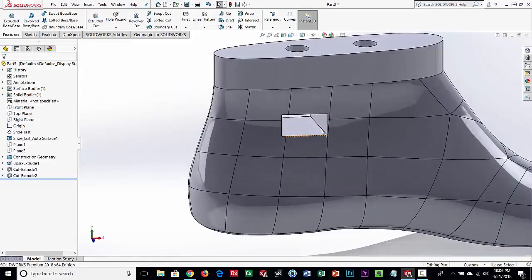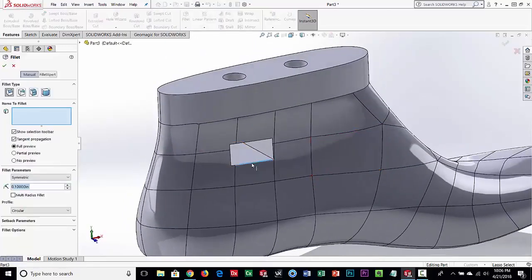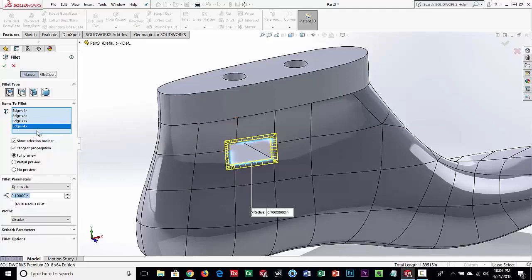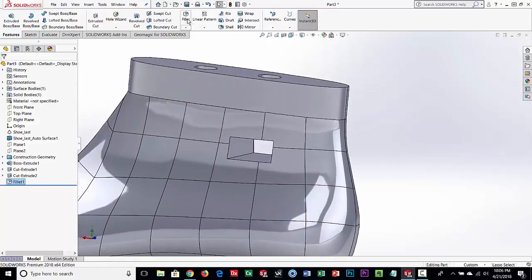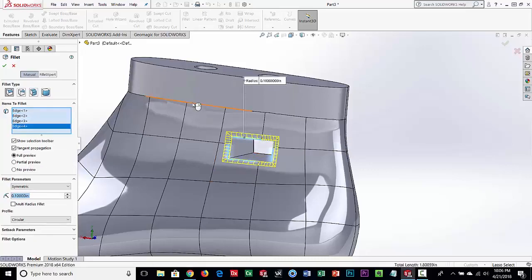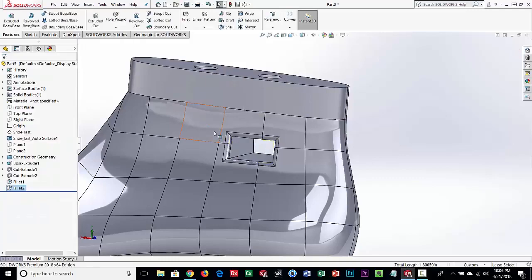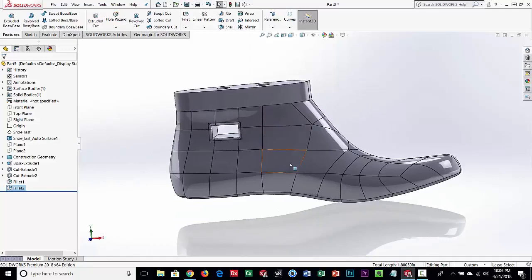And then the last thing I need to do, I need to fillet that edge. So we come in here and we just pick those edges. And you can see you just got to grab one of them on that surface. 0.1 is fine. Okay, so you can see we've done that side. Let's go ahead and do this side. So you can see the beauty of this. We're working on a very organic model, but yet at the same time, we're able to do more prismatic things. Okay, so there we go. That's all I need for this.